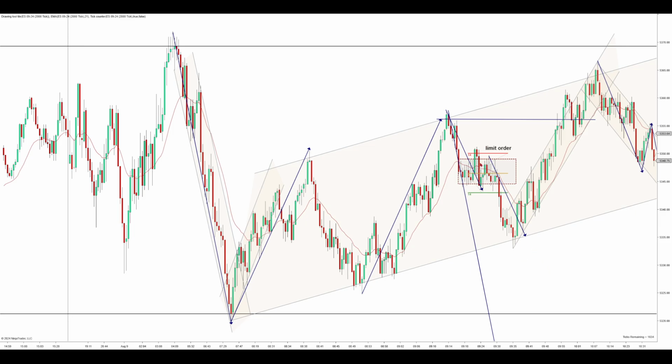We push on lower here. Now we have these two legs down. Measured move is met, and as soon as that measured move is met, price immediately starts pushing up. It's also off of this trend line right here. Now, we do have to consider this downtrend right here. So,